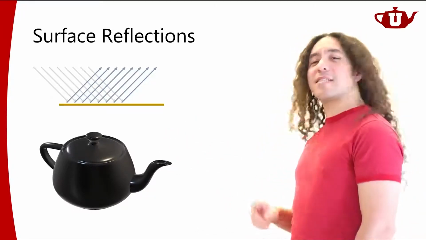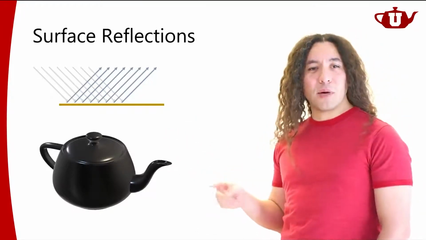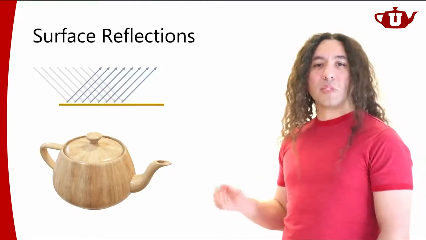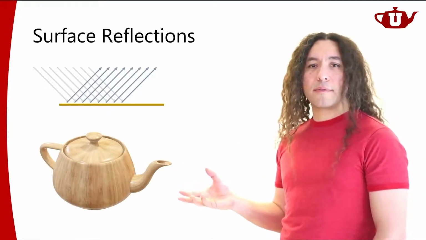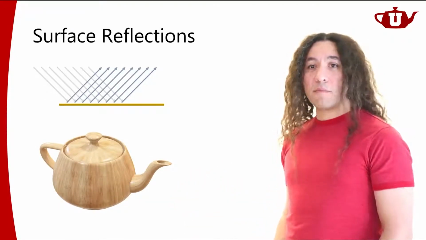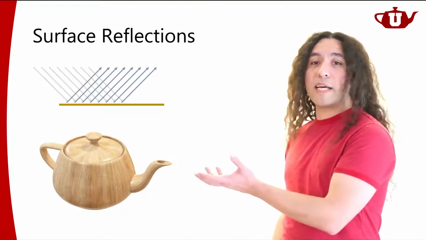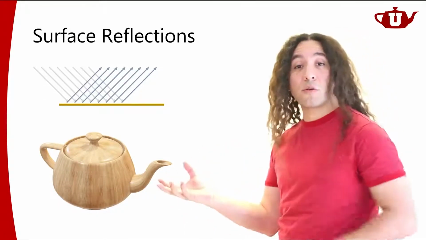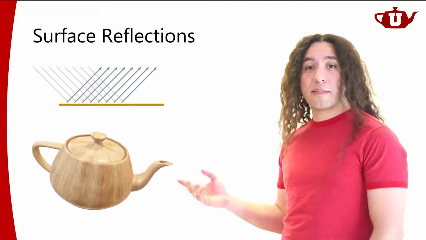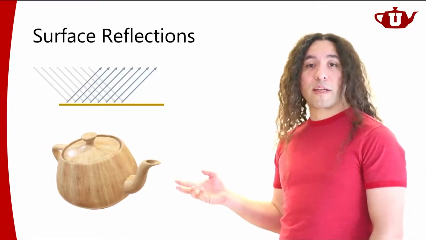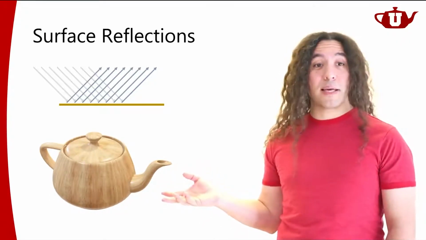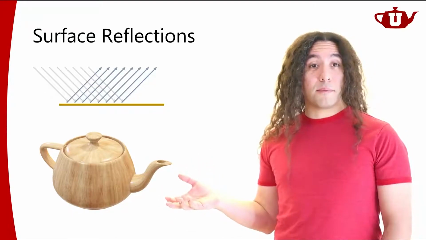Okay, but this is not exactly what I wanted to get. My goal was to be able to get some shiny looking teapot like this, right? So it has some diffuse light reflection. I can see a recognizable color on the surface, and I can also see these specular highlights that are coming from almost perfect reflections that are changing places on the surface. So I would like to get something like this. So what would this look like?